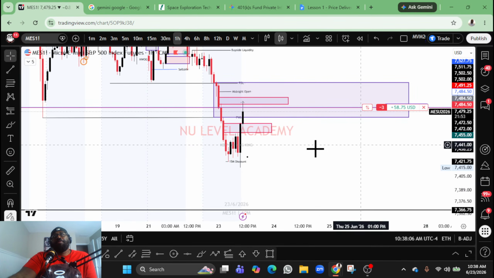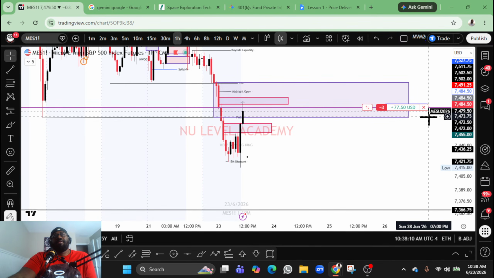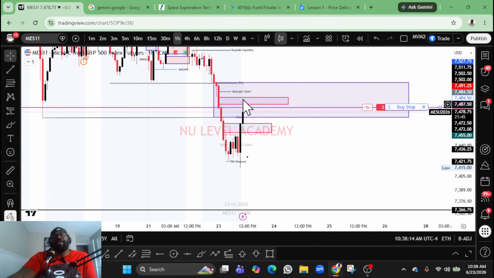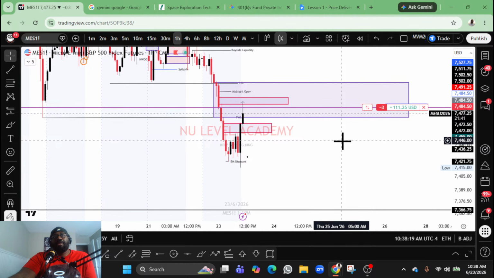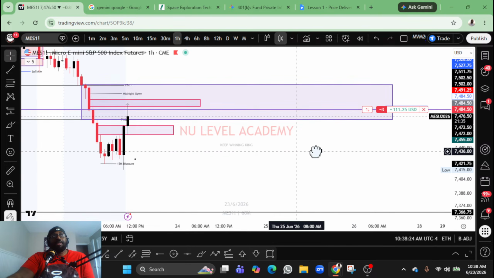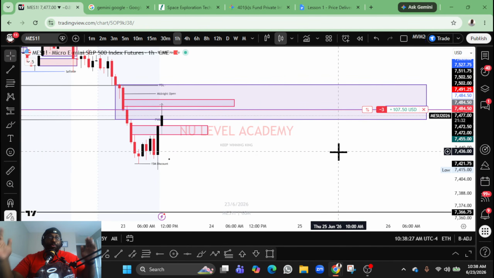Looks much cleaner on the 1 hour, right? Looks like we're in this bullish trend. But I love how we just pulled back off the reaction of this FVG right here. That's the only reason why we took this trade, because we knew that was coming. Once you know something is supposed to happen, that's why we jumped into it. But we need the reactions of what we want to take place, and sometimes those things take a little bit longer.